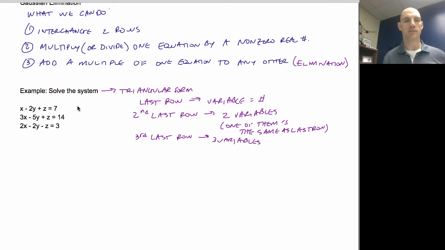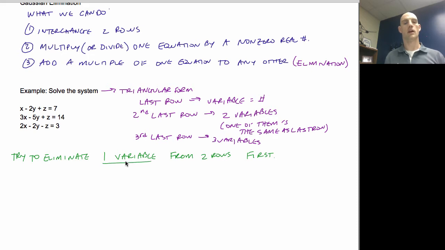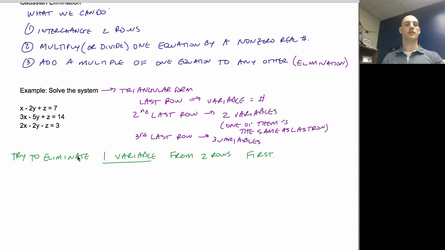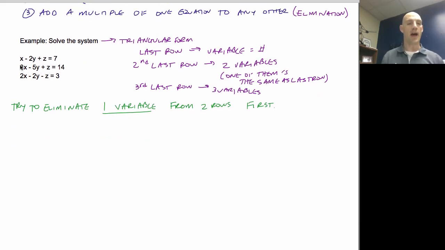Well, some things that we can do. We want to try to eliminate one variable from two rows first. And it's going to be the same variable. So what I'm going to try to do is eliminate my x in these two rows here. See, I've got an x here, and that's really useful because